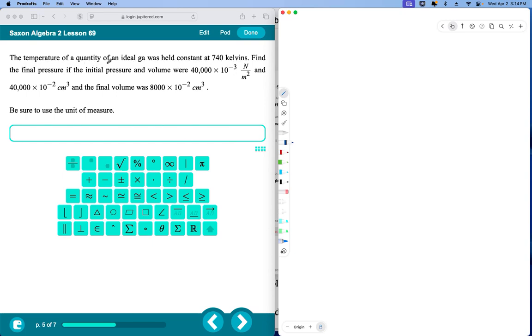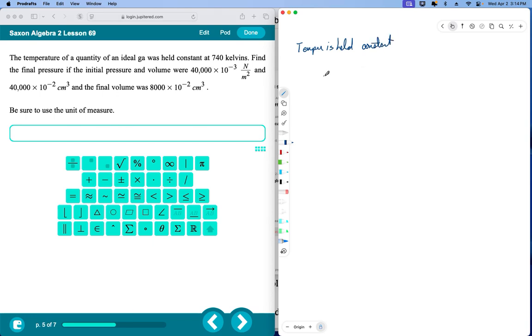The temperature of a quantity of an ideal gas was held constant at 740 kelvins. Whenever it says that one of the 3 things, pressure, volume, or temperature, is held constant, that means it doesn't change. So if it doesn't change, it doesn't affect the proportion. Therefore, we don't have to use it. So that means when the temperature is held constant,